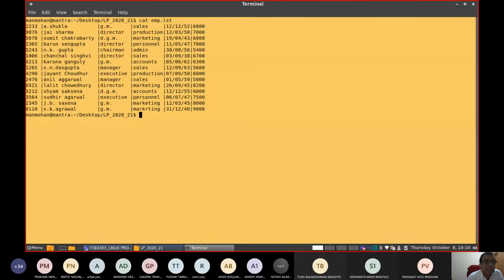If you carefully look into this name, how many entries are there? Just find it out. There is one spelled as Saxena, another is Sakesena. So if you want to print both of them, then you need to do it with AWK.